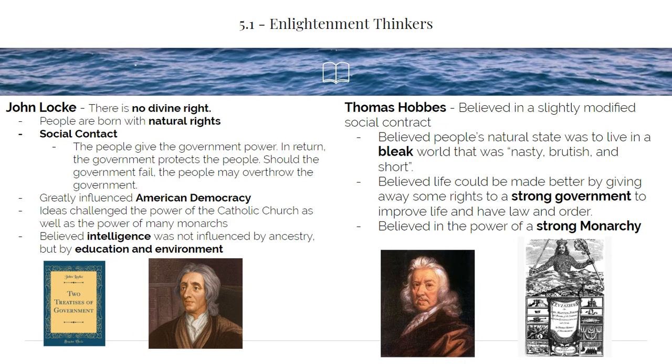Some Enlightenment thinkers: John Locke, social contract. So social contract is a pretty easy one to remember. Basically, it says that people make a contract with their leaders, and if their leaders don't follow through, they can vote them out of office. So John Locke influenced Thomas Jefferson when he wrote the Declaration of Independence. Thomas Hobbes believed in a slightly modified social government,